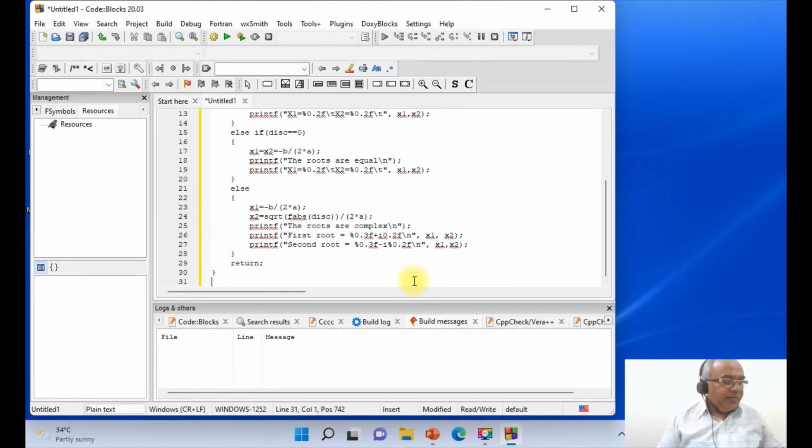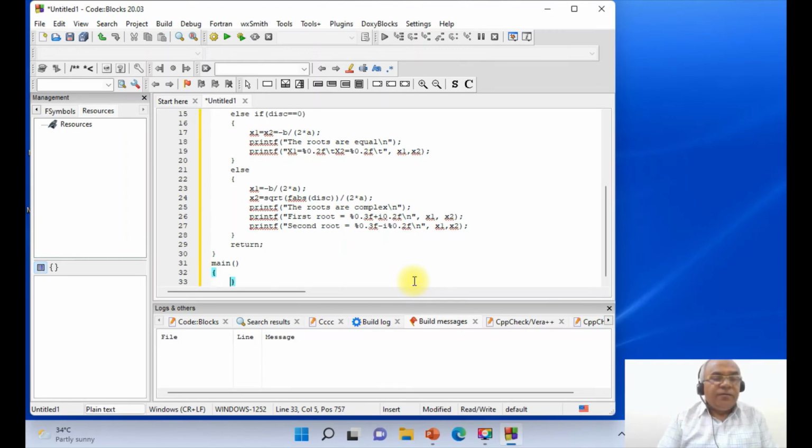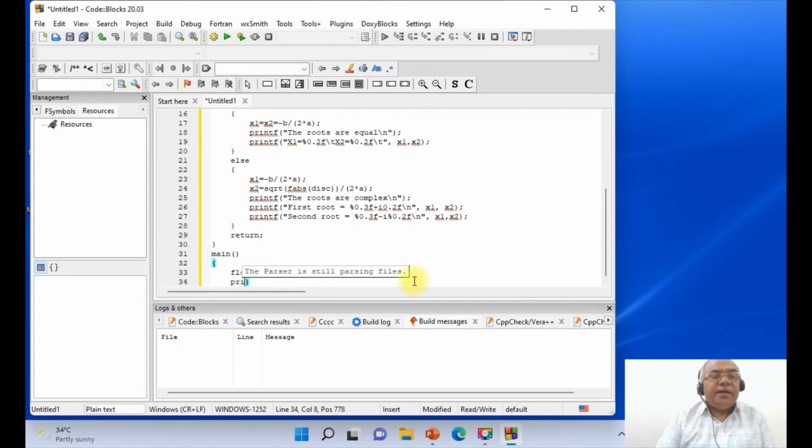Now we are going to write the main function. So we go for main, then open this, then we have float a, b, c, then printf "Enter the three coefficients of a, b and c." Okay, once you do that,